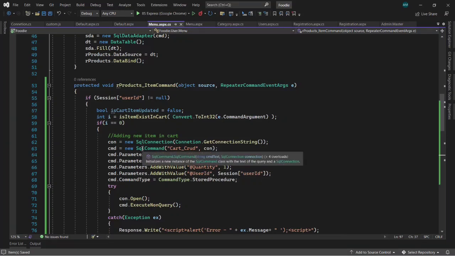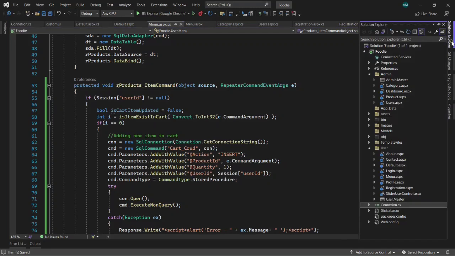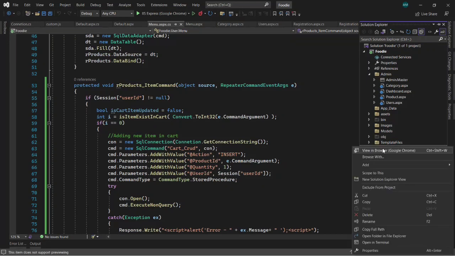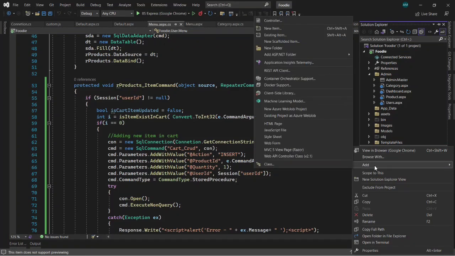Now we'll go to design. First we're going to take one cart page. I think we don't have that, so first we're going to create a page for the cart. Right click on the user folder, add, new item,